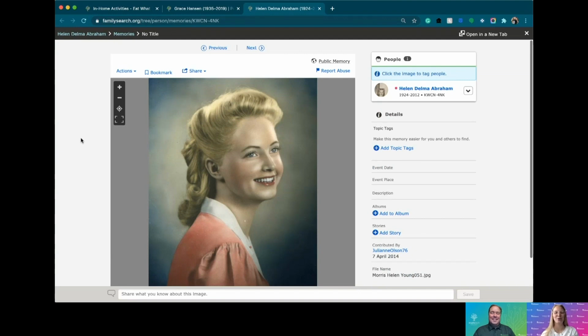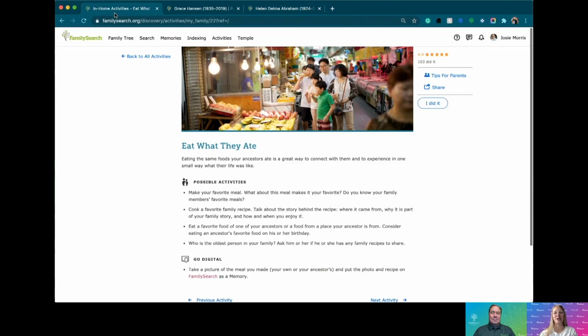My dad's mom was nicknamed the roll grandma. Every time we'd go over there, there'd be a fresh batch of rolls we could dig into, and it was awesome. And they died quite a few years ago. Some of the best memories I have are going to their house and eating those foods. Every time I eat ice cream or rolls, it reminds me of them. So that's a really fun activity that you can do with your family: eat what they ate.